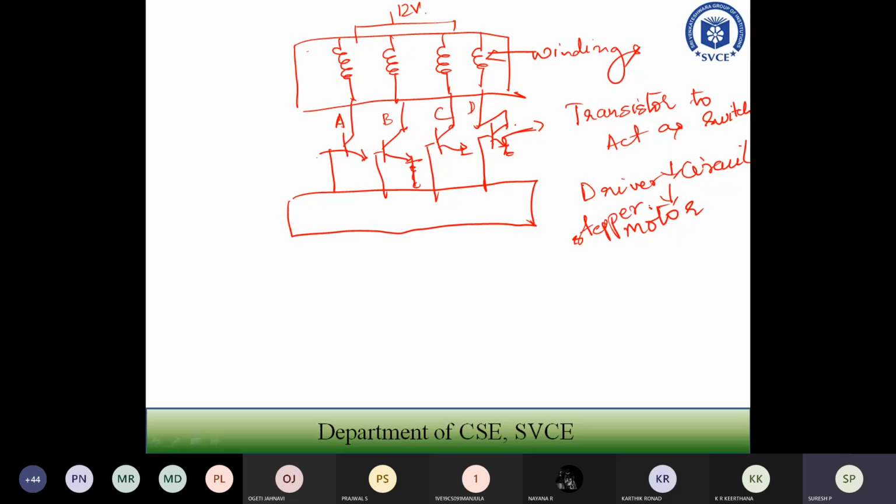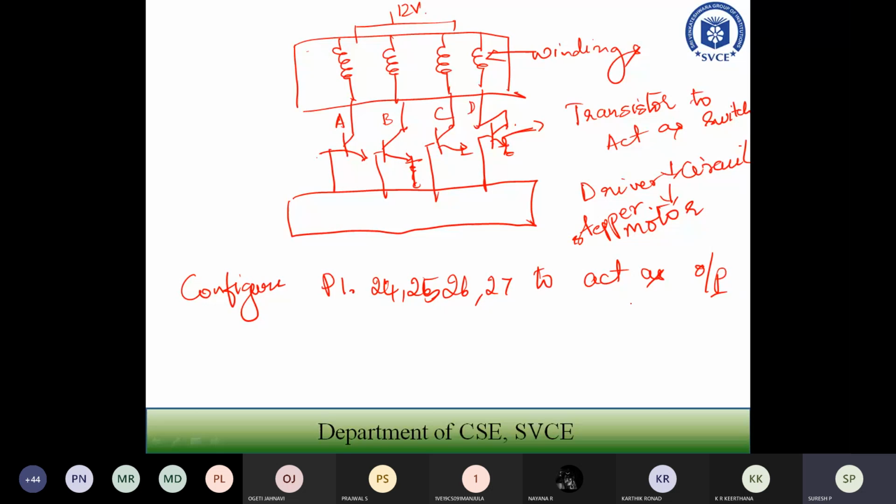The only thing you have to configure here is to make port 1 pins 24, 25, 26, 27 act as output port. To act as output port, I have to send one for those particular bits.